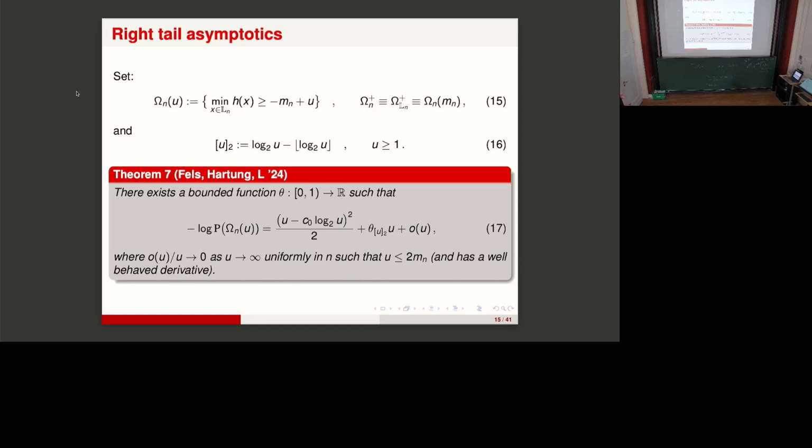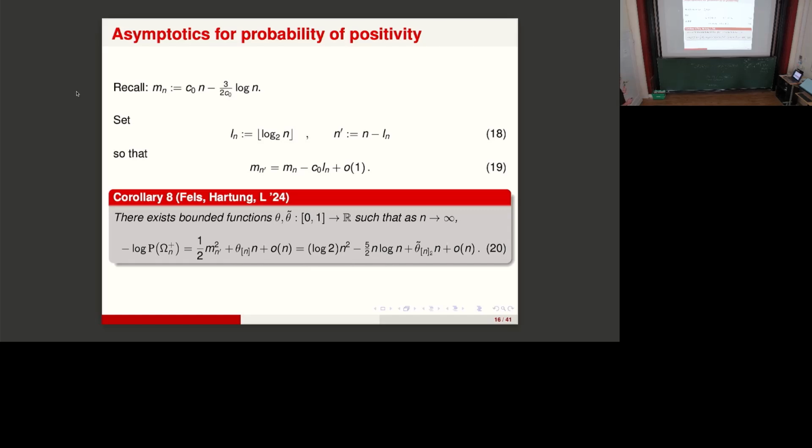And there is some linear term, and this linear term has a constant, and this constant is governed by a function that depends only on the log mod of u. So there is a constant times u, but this constant may fluctuate. And the rest is little o of u. And in particular, if you plug in mn, which is what we're after,